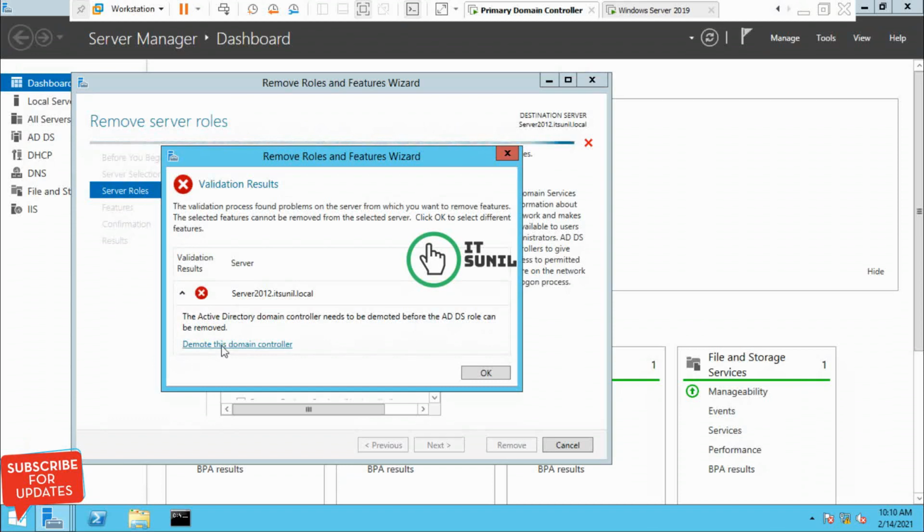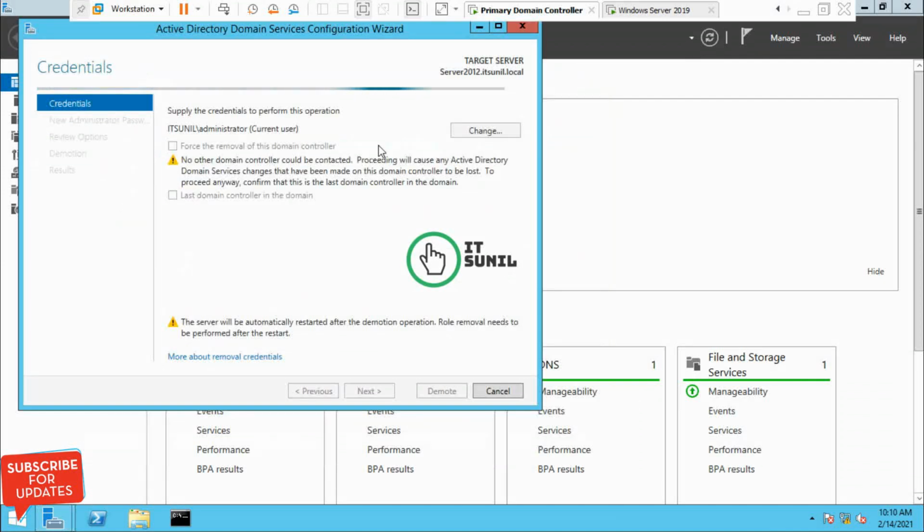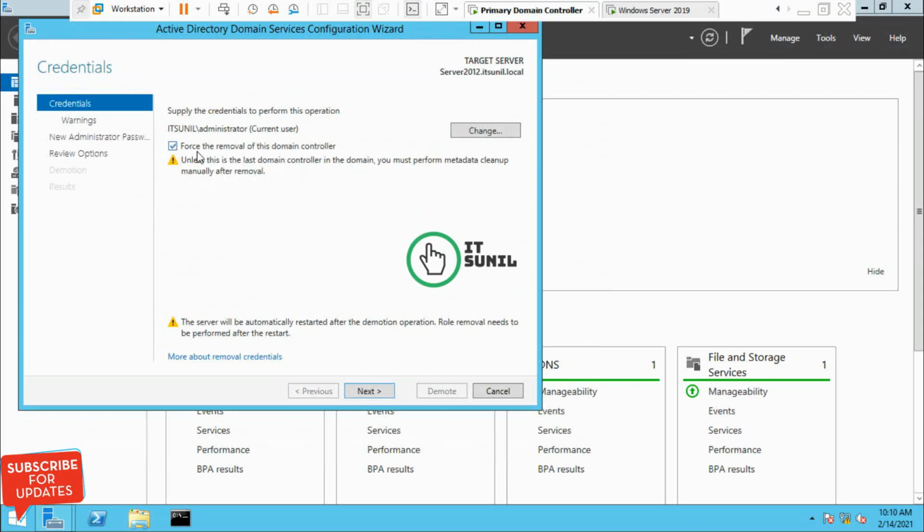So click demote this domain controller. Check the box to forcefully remove, force the removal of this domain controller. Click next.